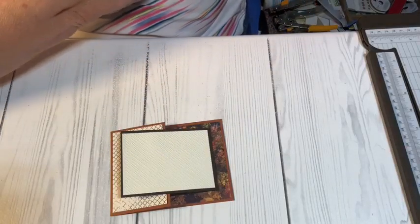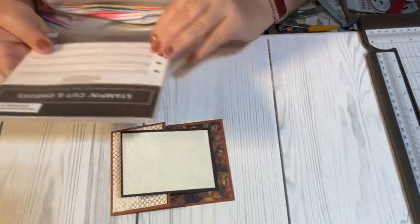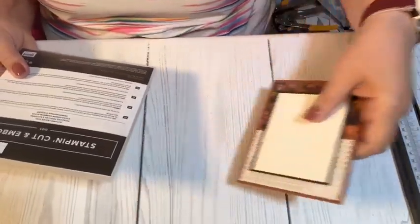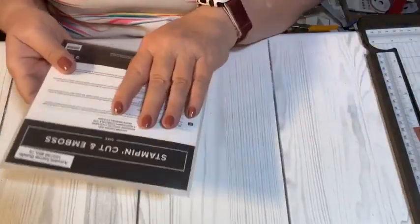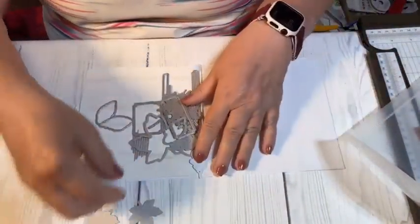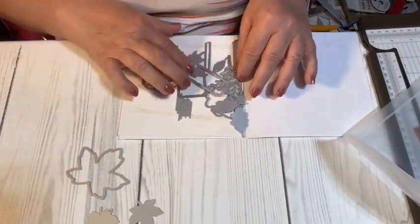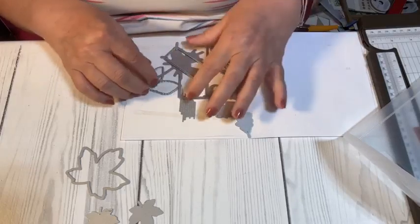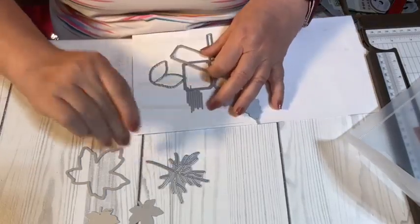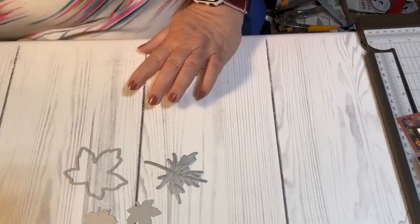So now I want to take my Autumn Leaves dies. They are gorgeous. And I actually want these 2 maple leaves, this maple leaf, and the veins. Those are the ones I want, okay? I'm going to take